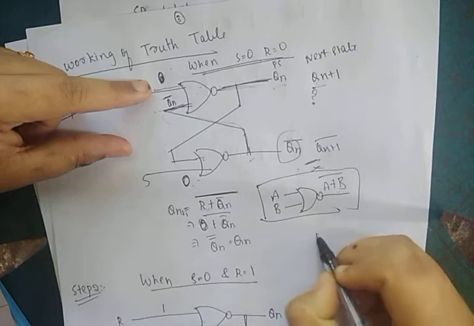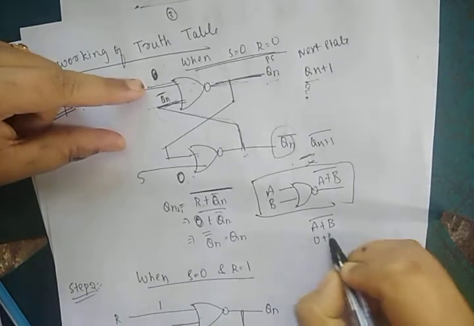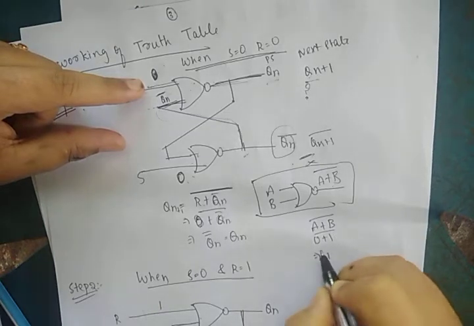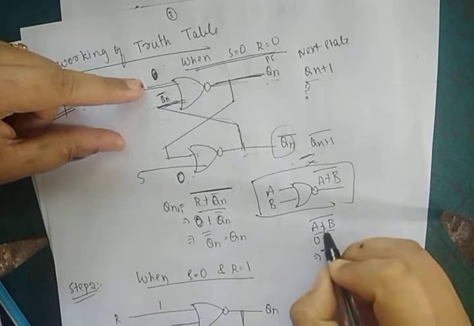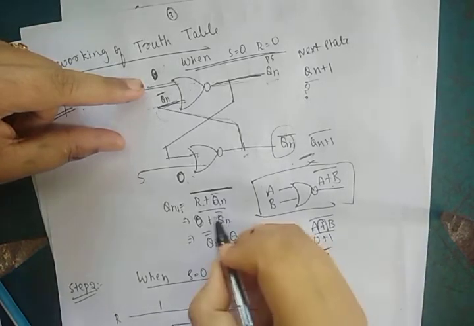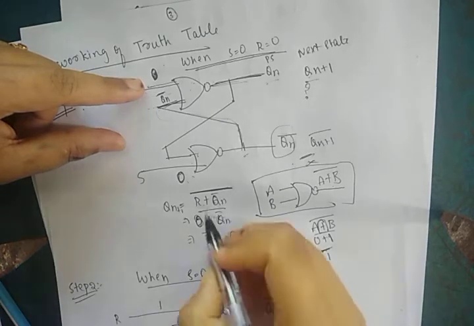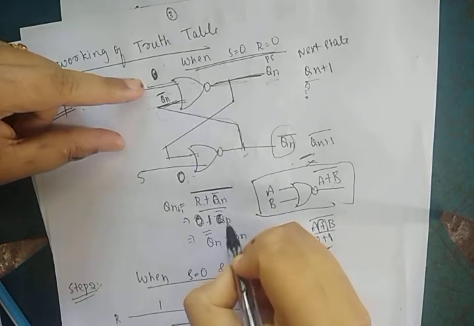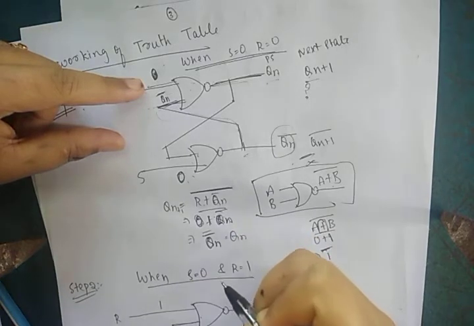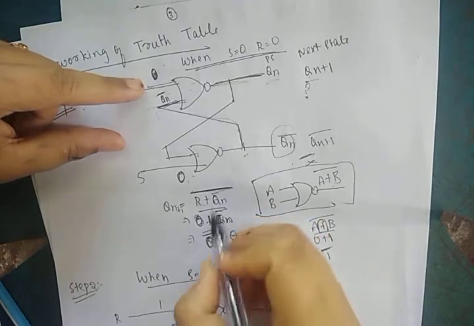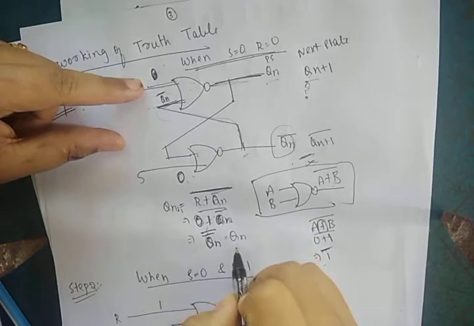For example, think A plus B bar. If I have 0 plus 1 bar, what will be the result? It is 1 bar only. Yes or no? It is 1 bar. What is the meaning of 1 bar here? Since it is an OR gate, if I have 1, then it will be 1 bar. NOR gate concept here. So 0 plus Qn bar is what for us? I'll get Qn bar. This upper bar, keep it as it is. So these two will be cancelled. You will be getting Qn.